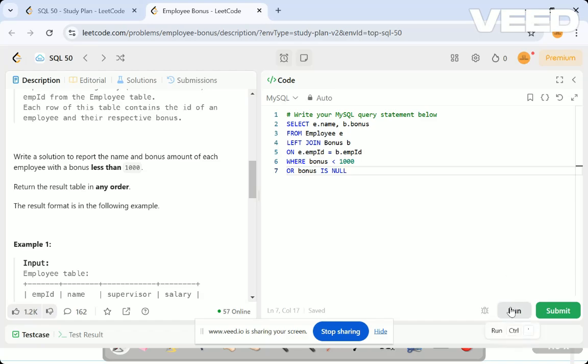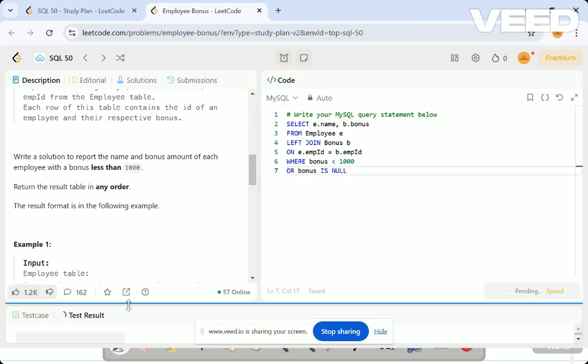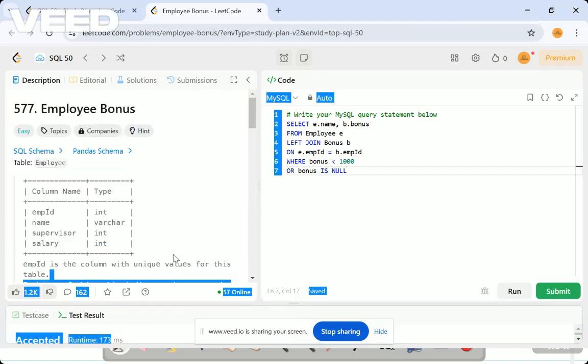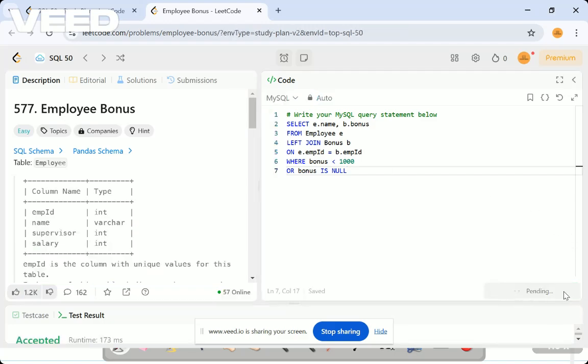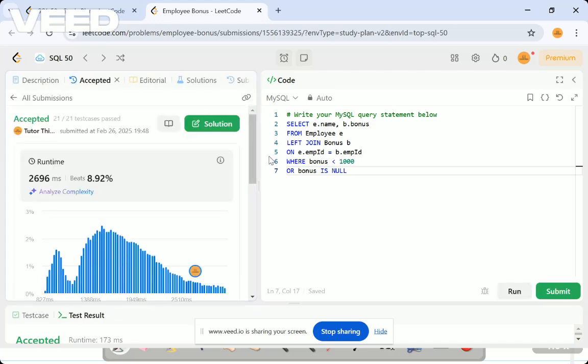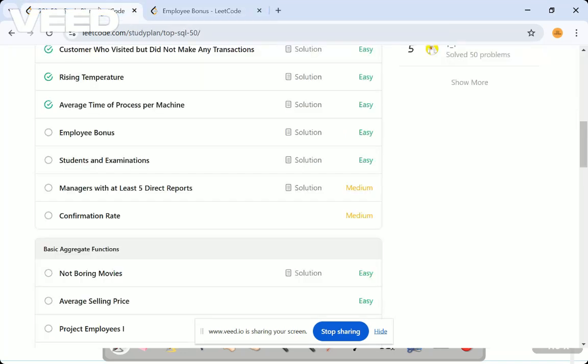You can just run this so that you can see how many test cases there are. Here you can see the test cases are accepted, and you can just submit. Hope you have understood, right? First, you have to know what join to do, on what ID, what is the primary key in both tables, and then what condition we have to apply. You have to think in this format. I hope you have understood this problem. If you have any doubts, let me know in the comment section.